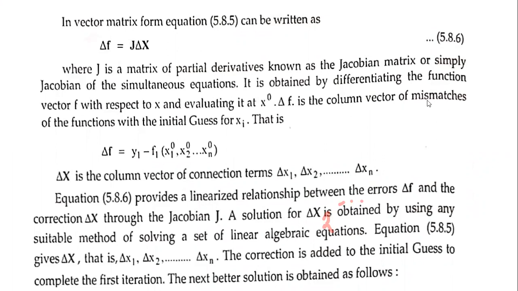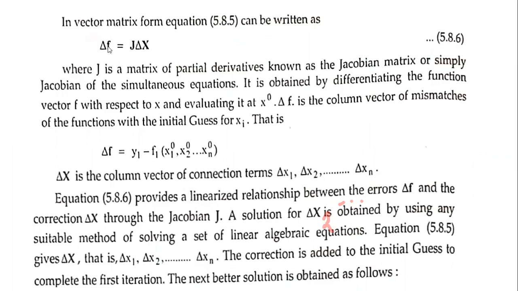Delta f is the column vector, therefore delta f is equal to y1 minus f1 of x1 of 0, x2 of 0 and so on xn of 0, and delta x is the column vector delta x1, delta x2 and so on delta xn. This equation, delta f equal to J delta x, where J is the Jacobian matrix, provides the linear relationship